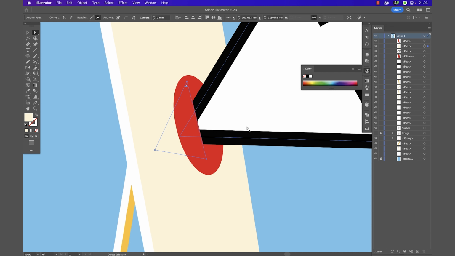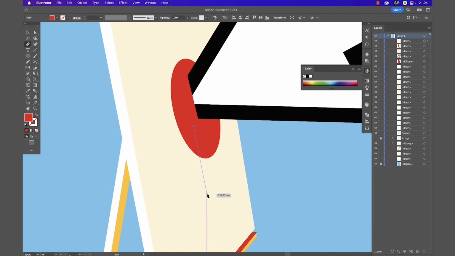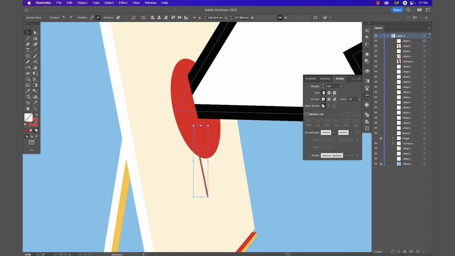So now I'm going to move that back out of the way. So now we've got a little red patch. I think that looks good. Maybe I'm going to move it down just a little bit. I'm just going to use strokes for this. I'm going to draw one path there and make it a red stroke rather than a red fill. And then I'm going to use my stroke window here, increase it slightly, round off the edge,